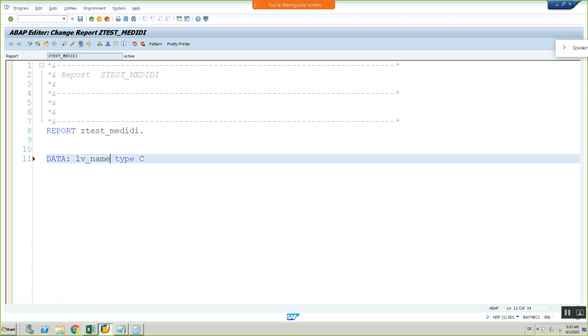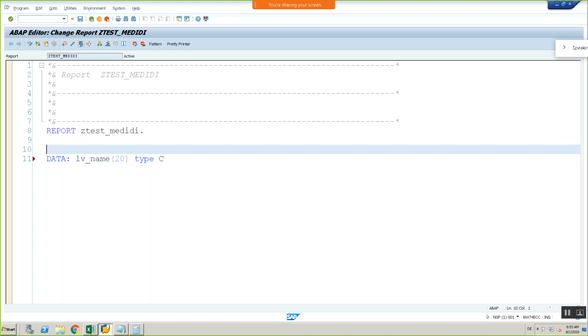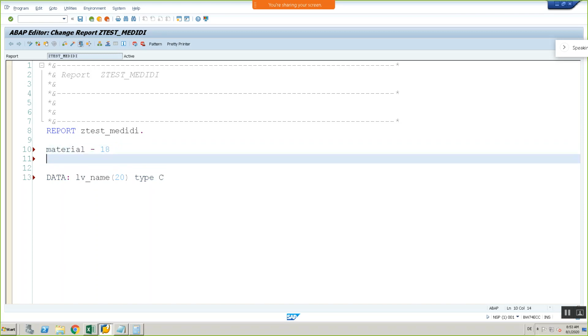So what is the length of my name? Let's take it as 20. As per the requirement, we give the length. In BW, since you are from BW, you know what is the length of material? 18, right? What is the length of customer code? 10.